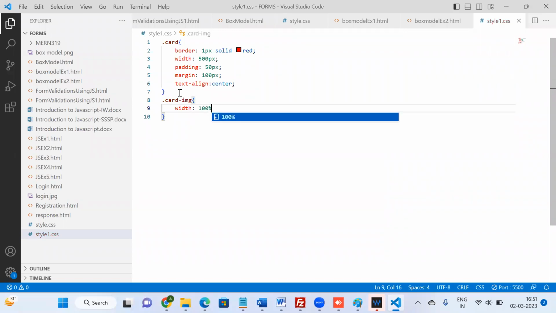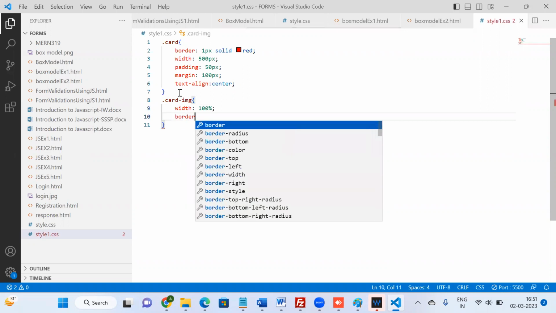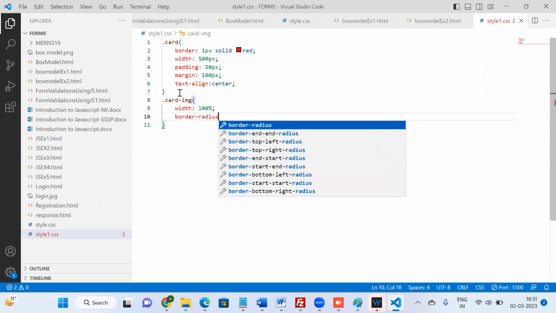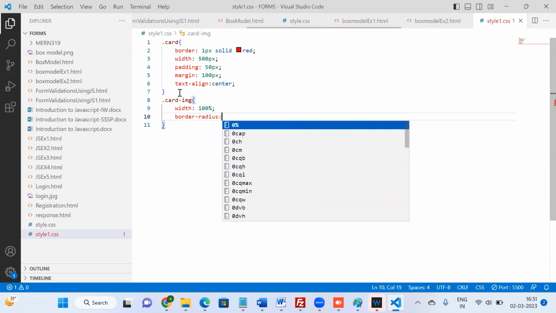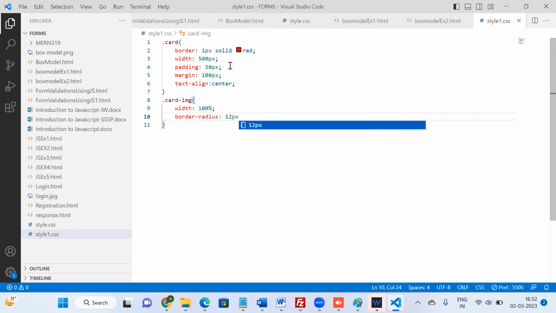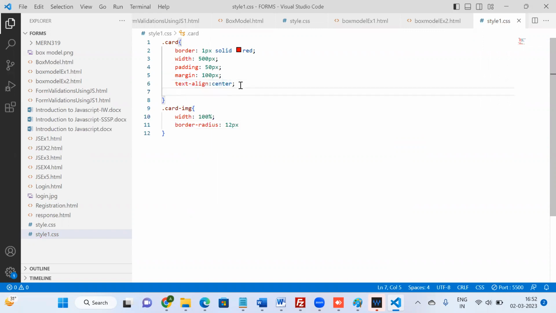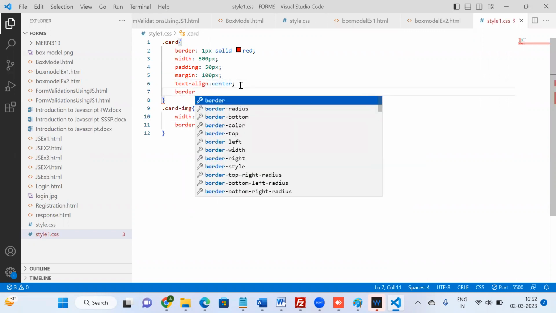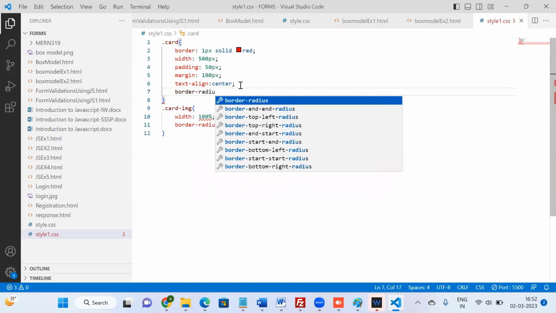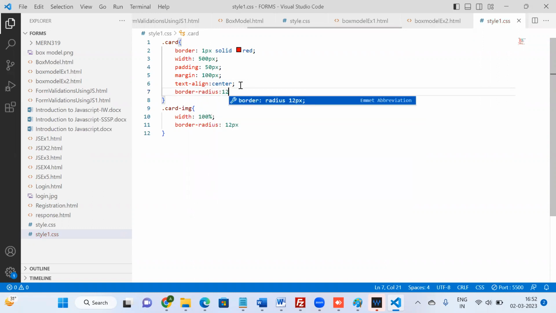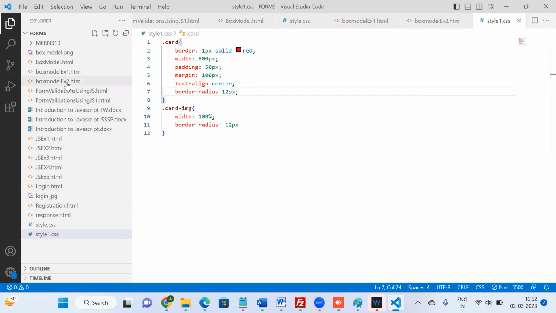So width will be 100%, and let me give border radius. So border radius is 12 pixels, and here also let me give a border radius. Border radius is 12 pixels. Now I'll come here,